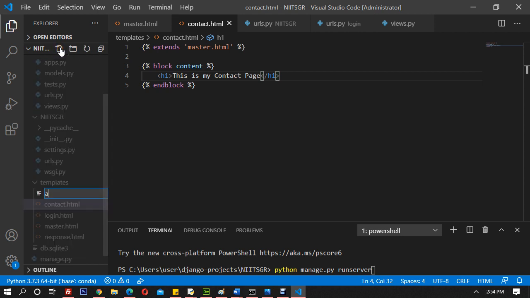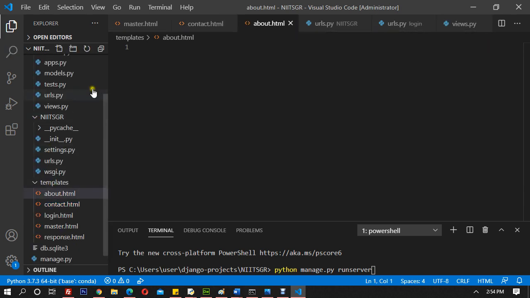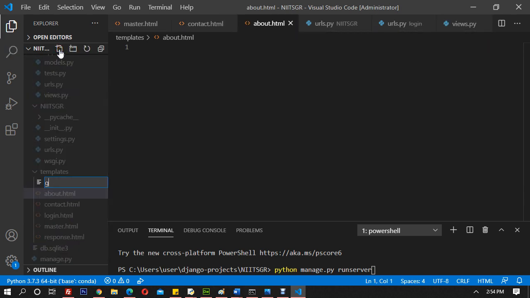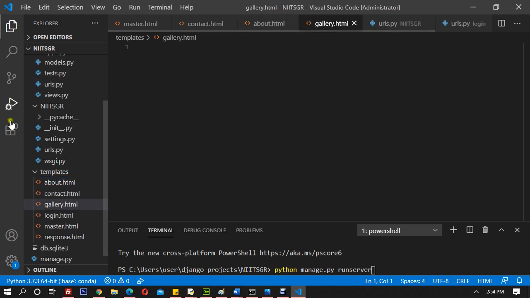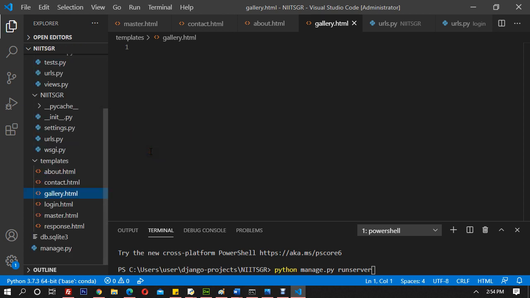So I'll make about.html. So the about is here, and I can make gallery.html inside the templates. It's here. I can make as many pages as you want, but let's first style all of them. So let's go to about.html and I will use the same thing. So I will say